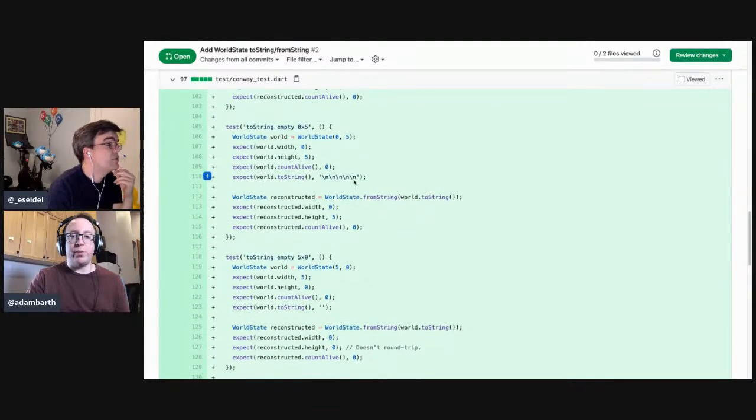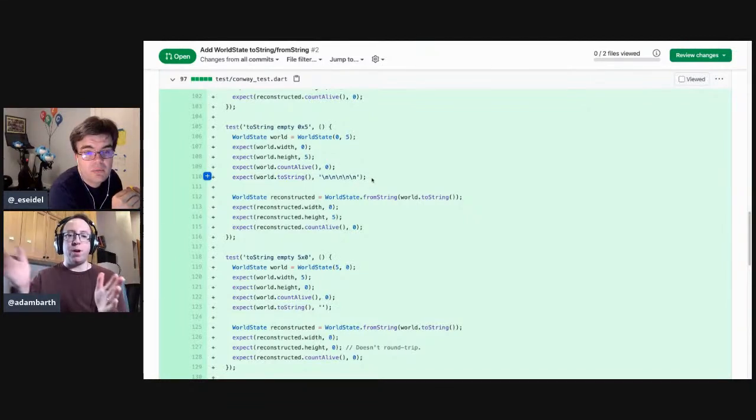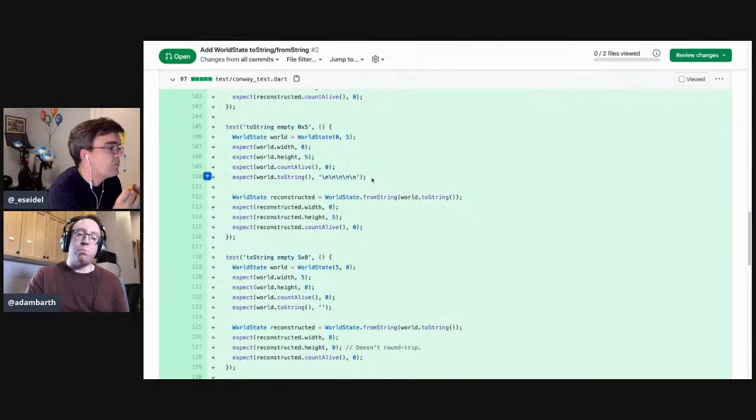our state, which is we distinguish different 0 size worlds. So in principle, a 0 by 0 world and a 0 by 5 world are kind of similar, right? In the sense that they don't contain any cells. They can't have any life forms growing in them. But because we record the width and the height, we actually represent them slightly differently, which may or may not be a good idea. It's just something I bumped into writing this CL, and so I thought I should write tests around it.